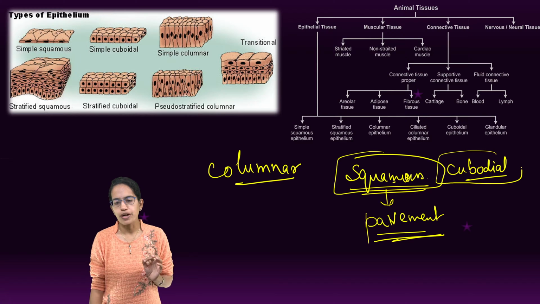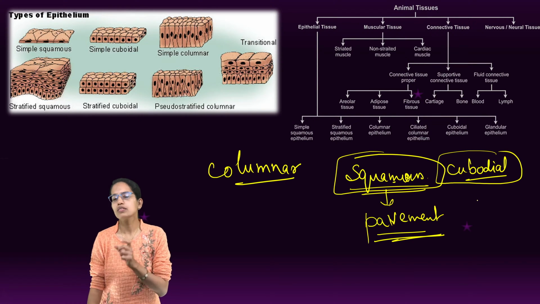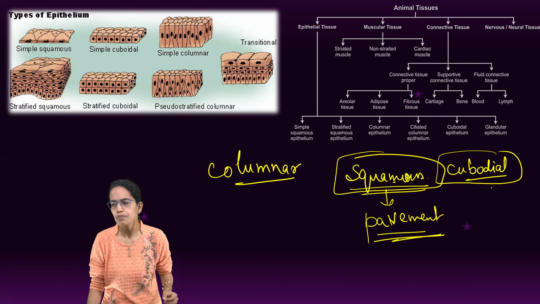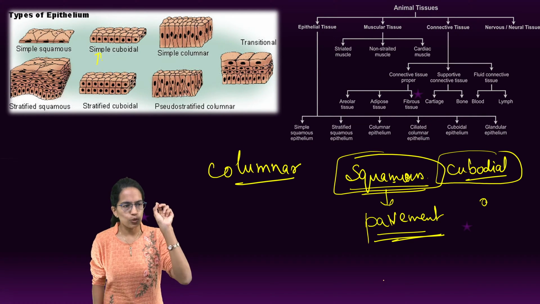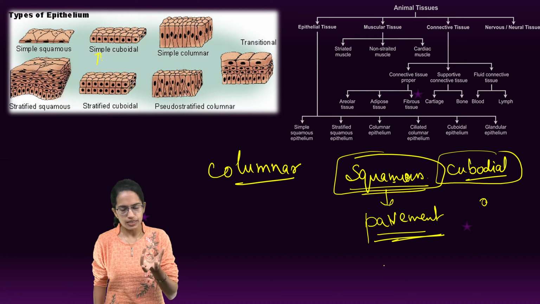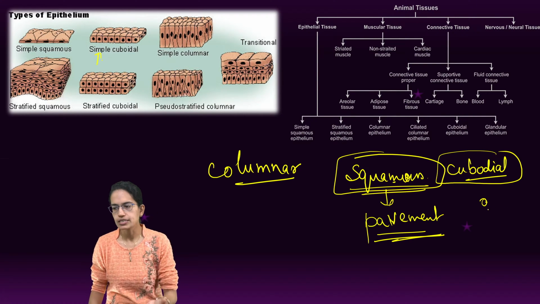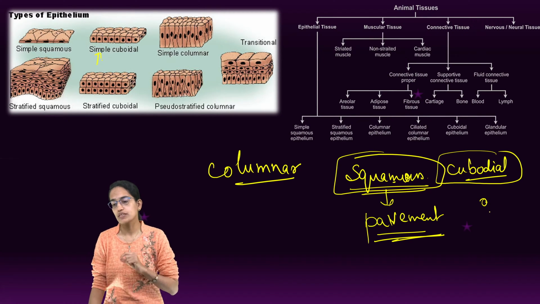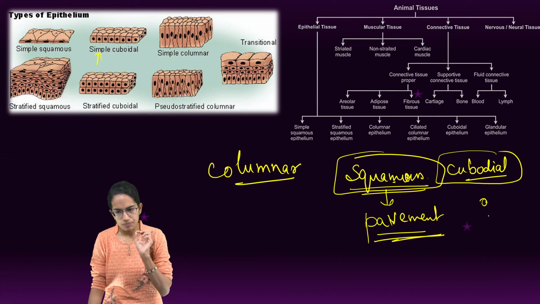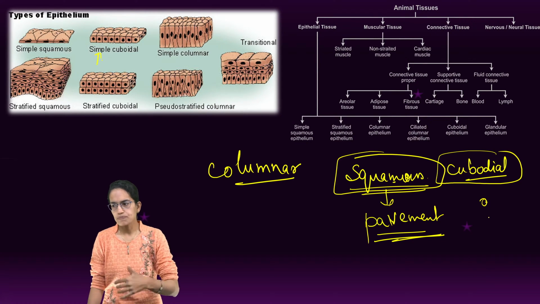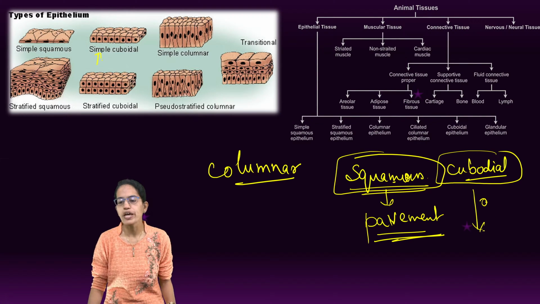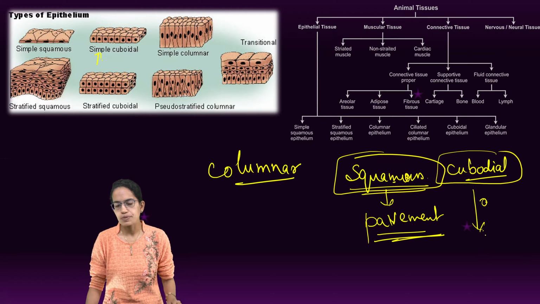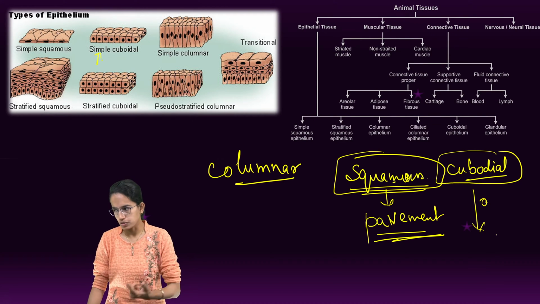Coming next is cuboidal. As the name suggests, cubical structures, or they could be polygonal, hexagonal in nature. Most likely cubical in nature. They have a nucleus which is present in the center. As you can see in the diagram, the nucleus is located in the center of the cubical structure. That's one of the classic characteristics. Now where are they present and what is the function? The most important functions of cuboidal epithelial cells are excretion, secretion, and gamete formation. So those are some of the common functions. Now where are cuboidal cells present? Cuboidal cells are present in the germinal epithelium of the gonads.